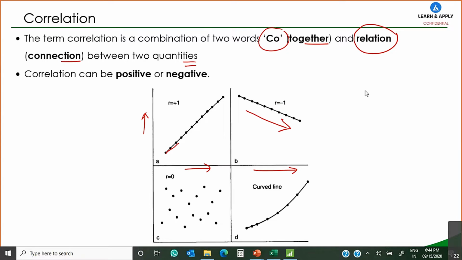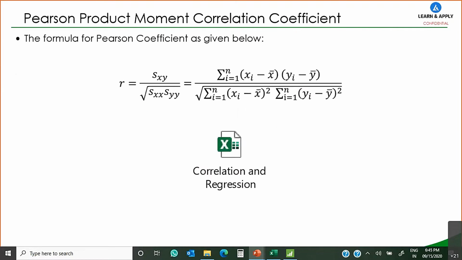Okay, so there are mainly two types of correlations present. One is positive and the other negative, and this will support us when we go to the further concept called regression. We'll go into detail, but before that, if correlation explains whether a relationship is present between the two variables or not, then how do we identify that relationship, right? So there is this formula, and this is called the correlation coefficient.